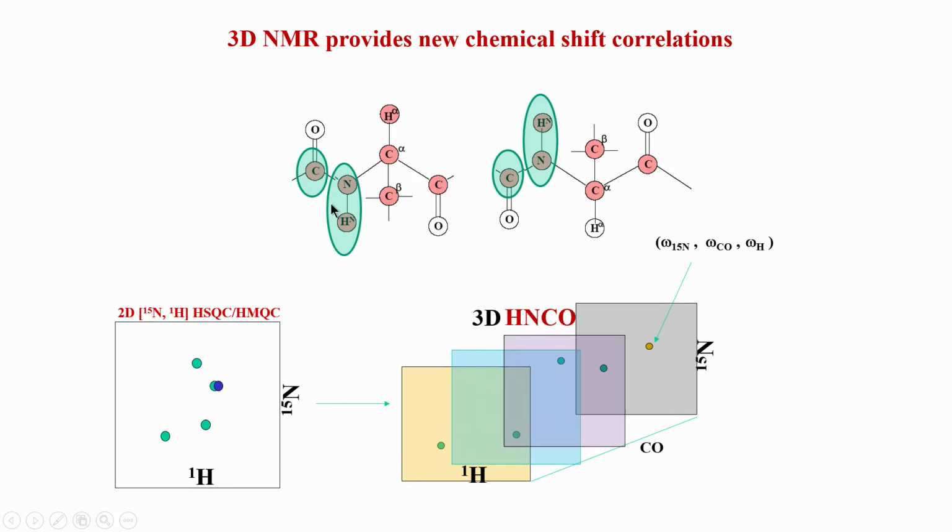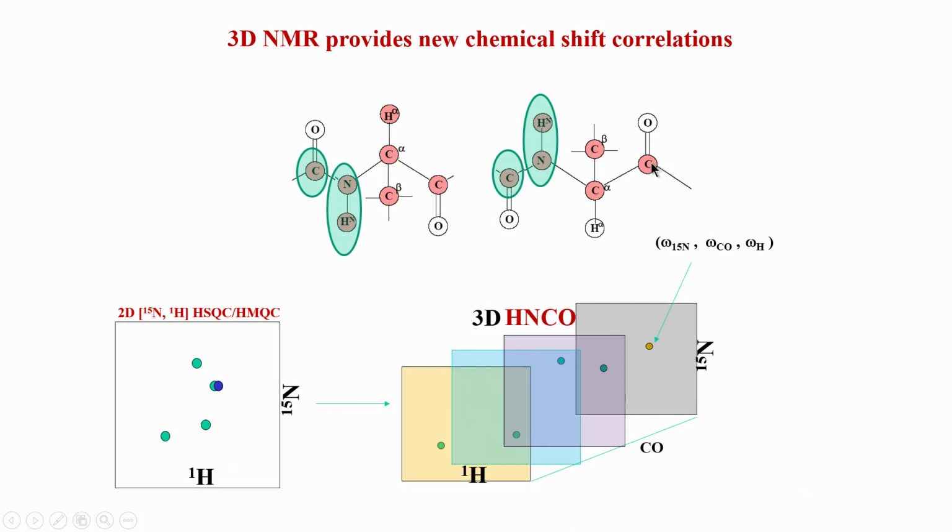As I was just mentioning, we already had the nitrogen and proton chemical shifts, which is a standard HSQC, but now we introduce a third chemical shift. How we do that, we will come to shortly, but we use some standard techniques, and by connecting these chemical shifts I am able to get a 3D spectrum, where I get a new correlation, new information. Now, for every peak here I am getting 3 chemical shifts: the nitrogen, the carbonyl of the previous residue, that is this carbonyl, and the amide proton.